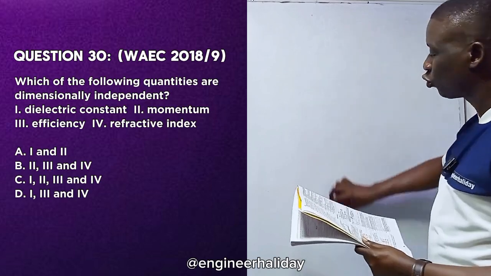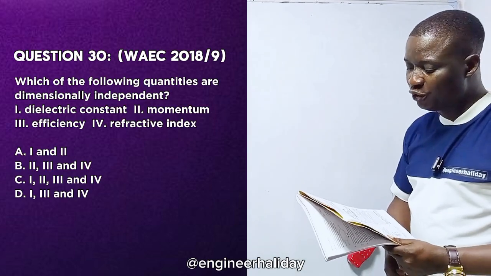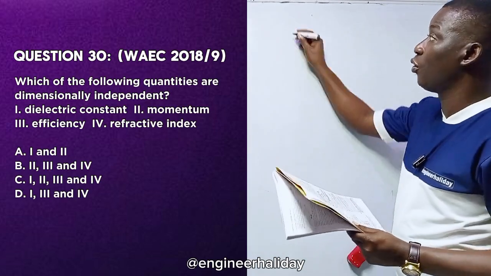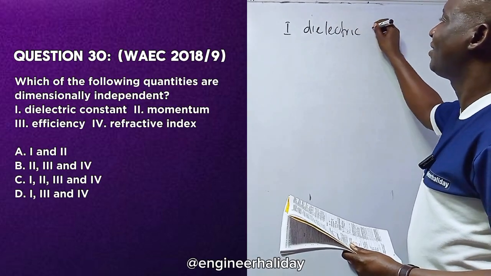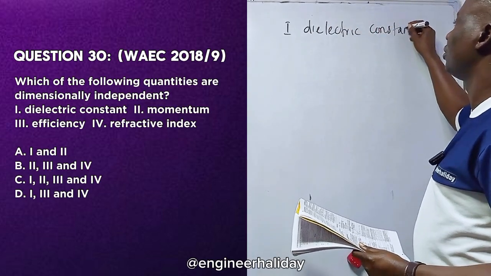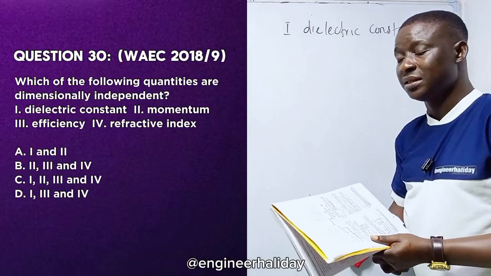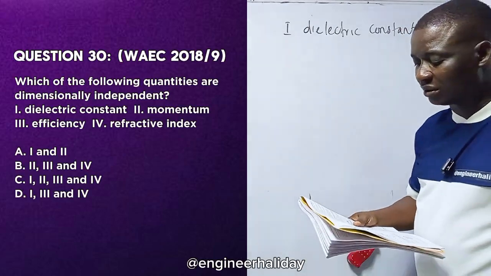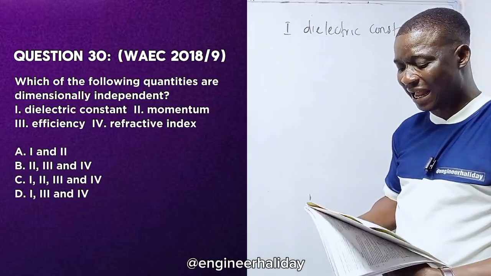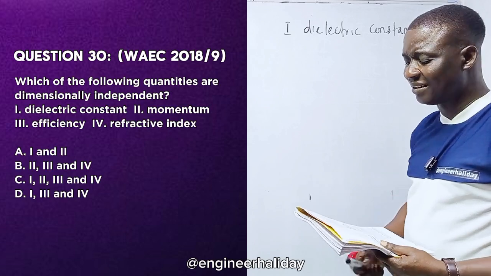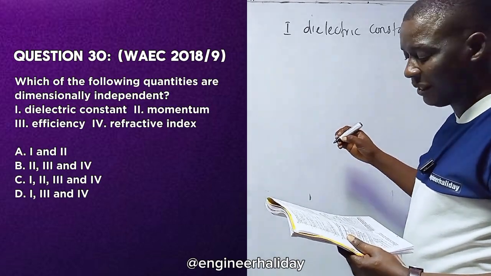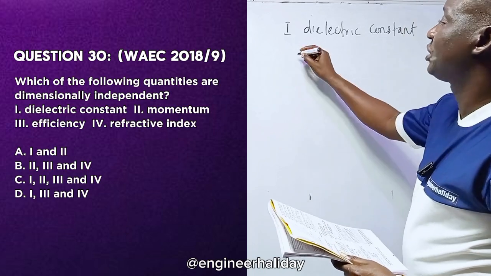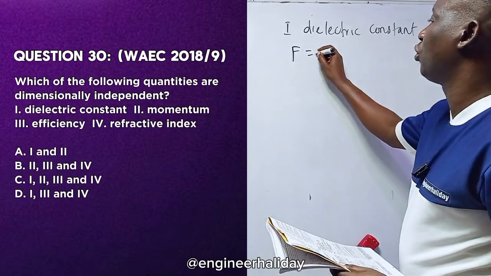Roman figure 1 is dielectric constant. Is it dimensionally dependent because it has a dimension? Now, if it has a dimension, that means it's dimensionally dependent. But then if you check, you can derive